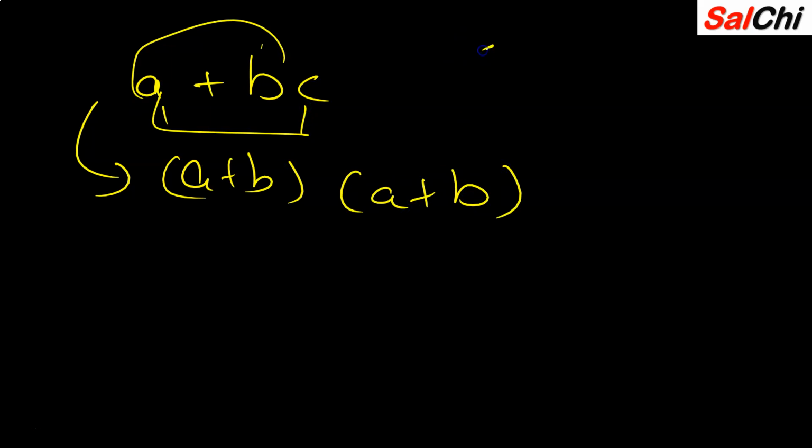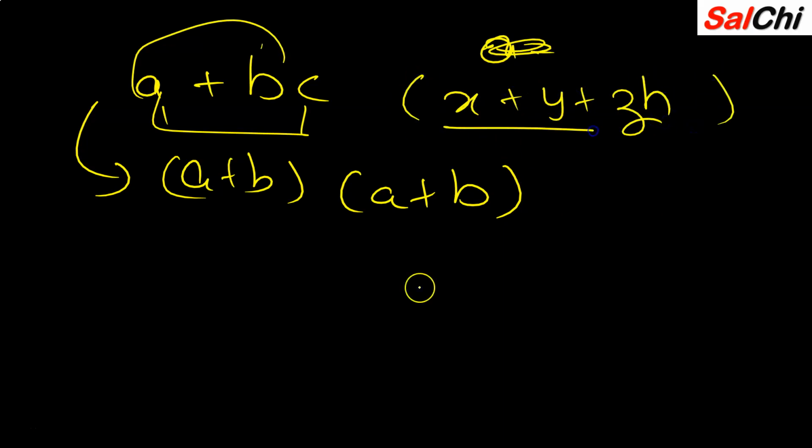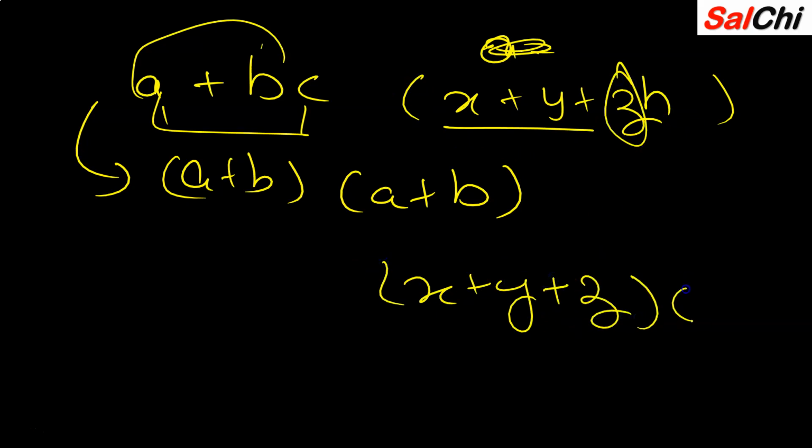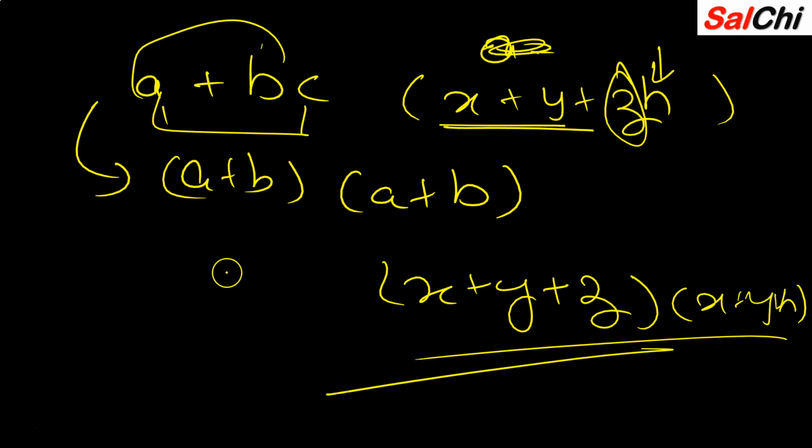Like if you have, let's take, X plus Y plus Z H. Now you have to open this. Take the single, write them as it is, and then take this single variable of the product. Okay, and in another, take whichever is left. H is left, so write X and Y again, X plus Y plus H. Simple as that. This is the simplest trick I can ever tell you.